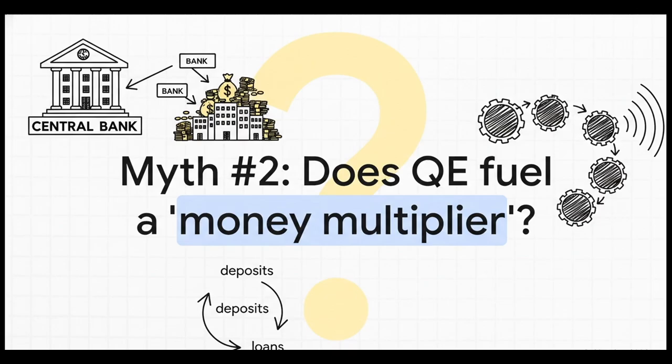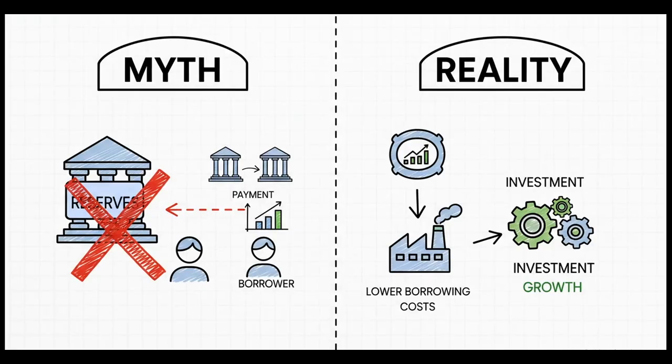And that leads us to the second and honestly even bigger myth, one that ties right back into that old textbook story. Does QE work because it floods banks with all these new reserves, which they can then go out and lend 10 times over? And again, the answer is a hard no. That's just the money multiplier myth showing up in a different costume. Remember, banks can't actually lend out their reserves. That's not what reserves are for. They use those to settle payments with other banks. The real way QE is supposed to work is by driving up the price of financial assets, like bonds. When that happens, it gets cheaper for companies to borrow money, which hopefully encourages them to invest and spend in the real economy.